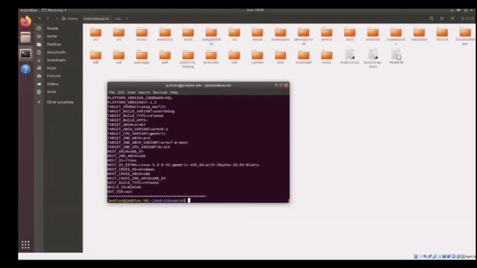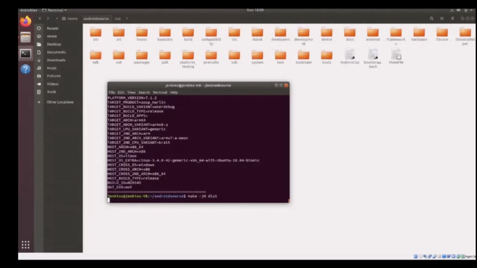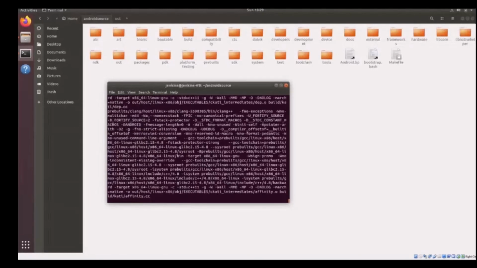And here comes the difference from method 1. Instead of the command named m, now the command would be make -j4 dist. This command generates the artifacts such that we can share those artifacts with our friends or team members.